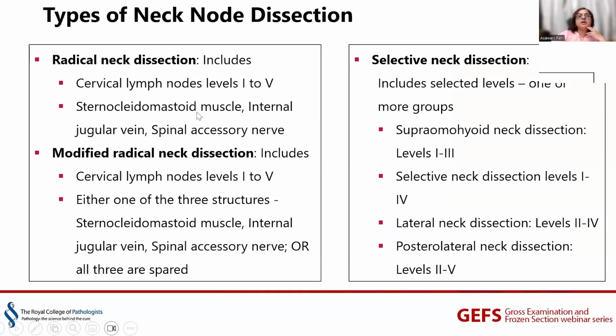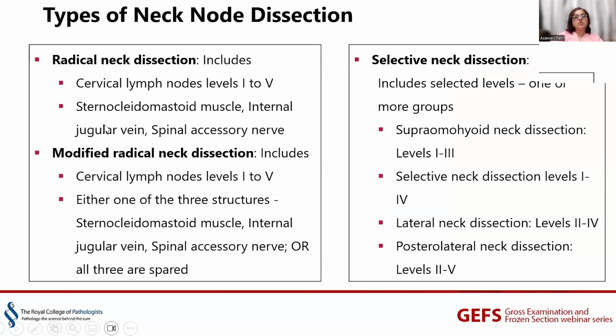So what are the types of neck node dissection? Radical neck node dissection, which is not commonly done now, includes all levels 1 to 5. It also includes sternocleidomastoid muscle, internal jugular vein, and spinal accessory nerve. Now we have to understand this is quite a morbid surgery, and the patient later on suffers from a lot of other morbidity. So nowadays the goal is to minimize the